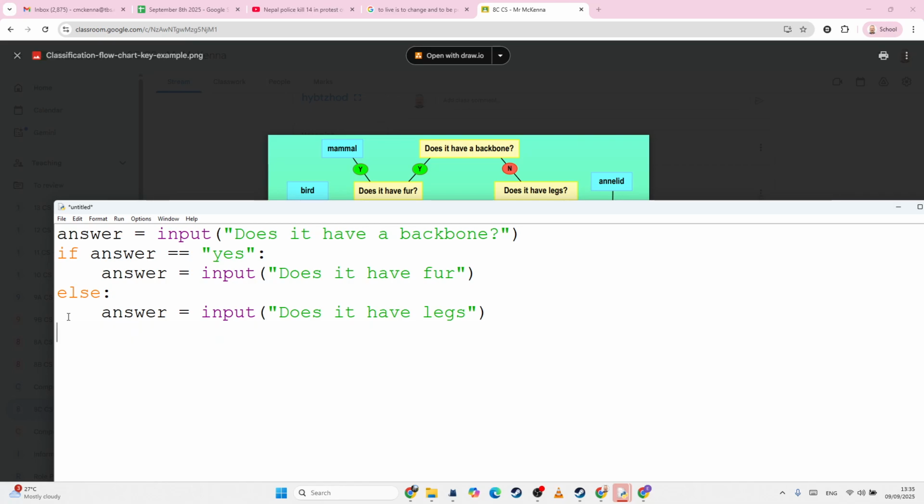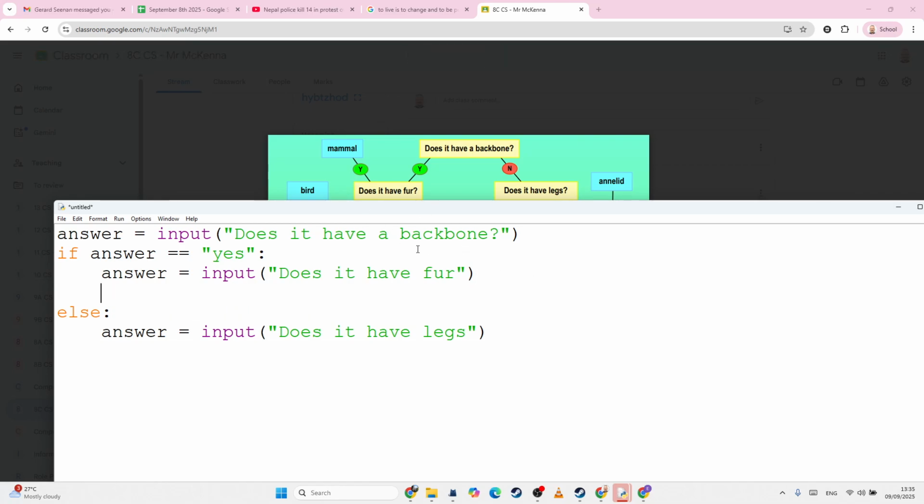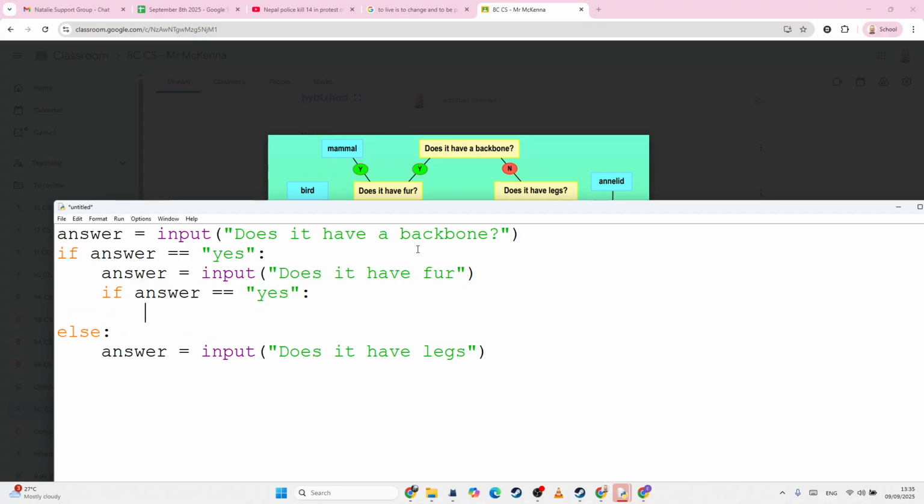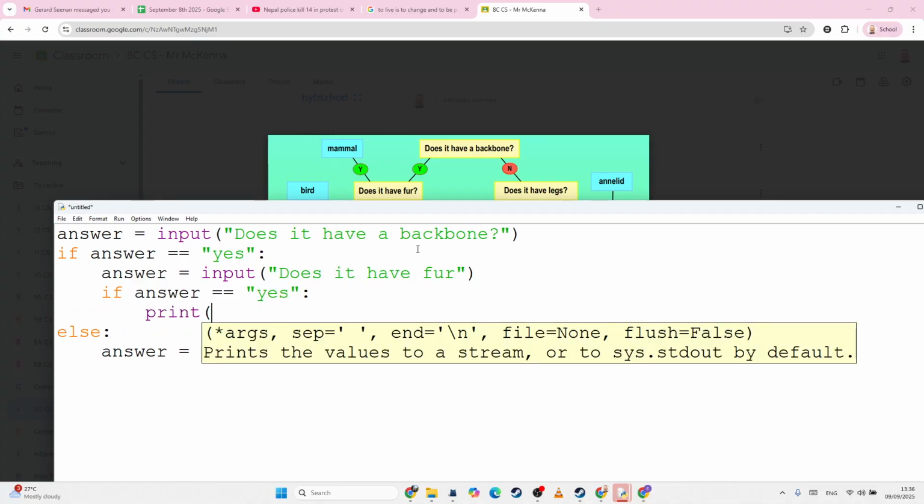Anyway, let's continue on. So, does it have fur? Well, if they say yes, we get our first answer. Fantastic. If answer, sorry, if answer equals yes, then I can print